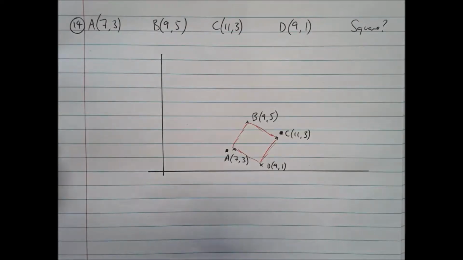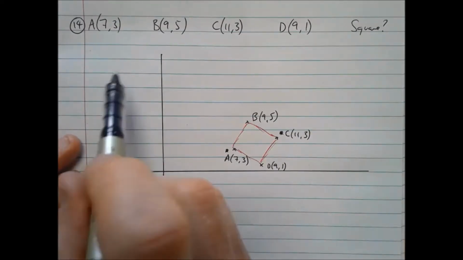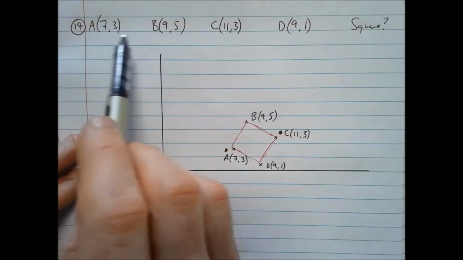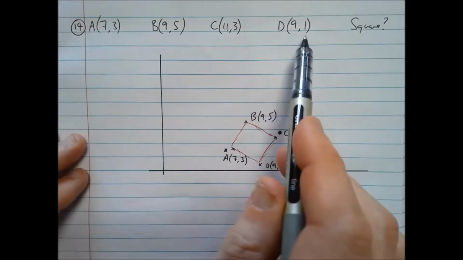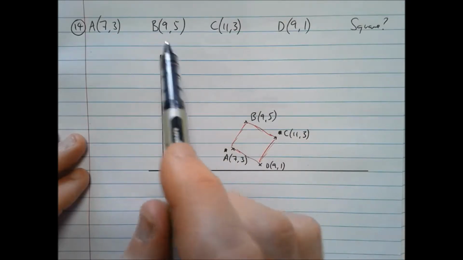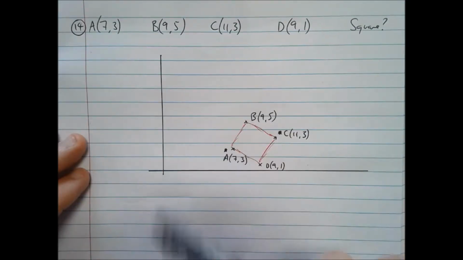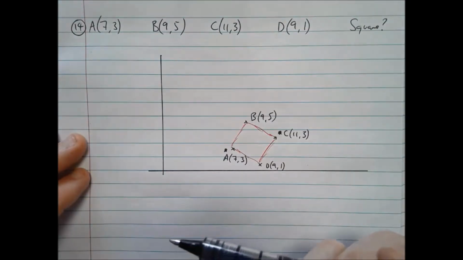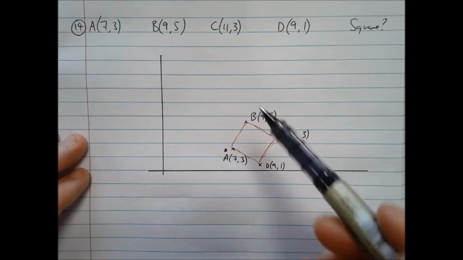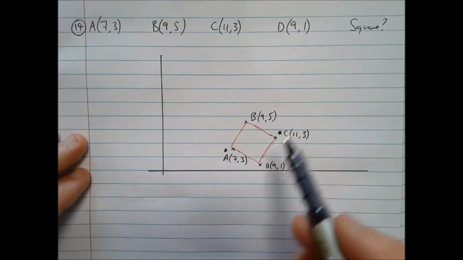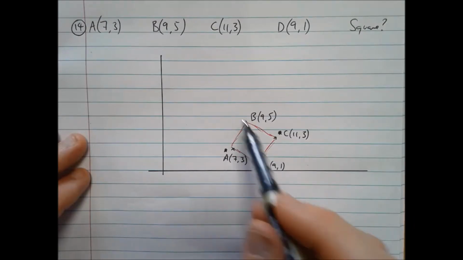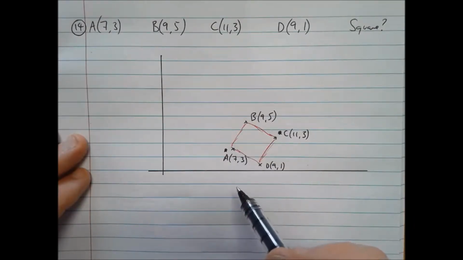In question 14, we're asked to show that these four coordinates, A, B, C and D here, are the vertices of a square, that is to say the corners of a square. Now just to try and help visualise what this is really getting at, it might be worth just doing a quick sketch. This isn't the best sketch in the world, but anyway,